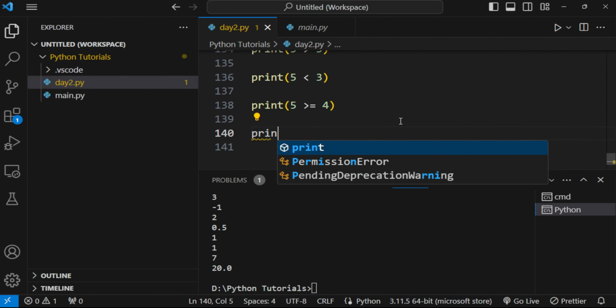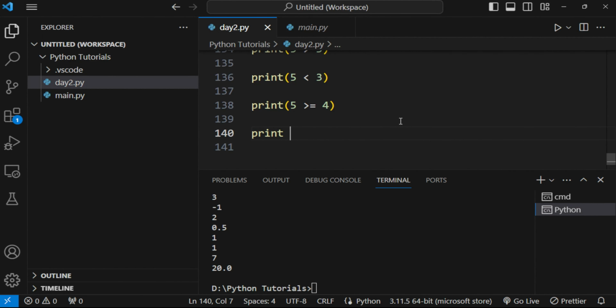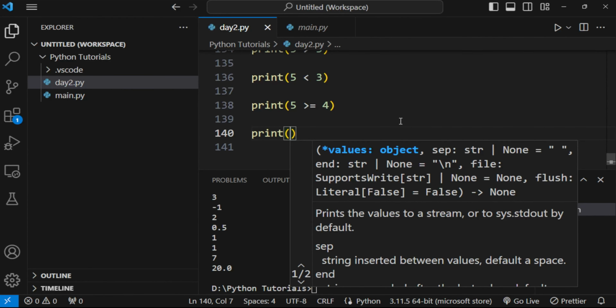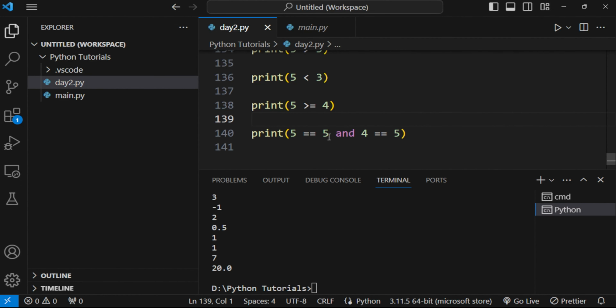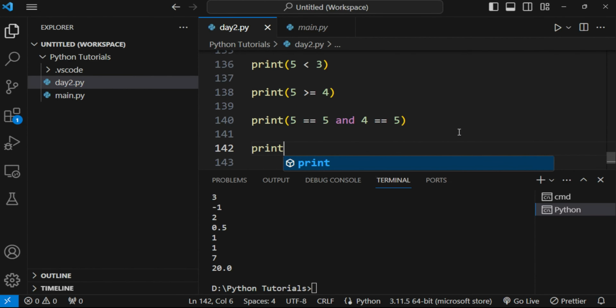That means, print 5 is equal to 5 and 4 is equal to 5. We will say it will print true if both of the conditions are satisfied. Okay. Now print